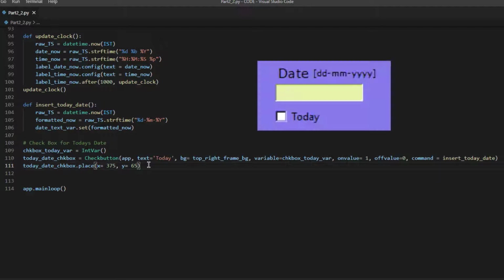I want to place the checkbox just beneath the date field. That's why I've used this. You can try out different combinations of x and y, and wherever you want to place the checkbox, just calculate that pair of x and y, and then you can use that. So that's it. We have created our checkbox and placed it in our application, right?